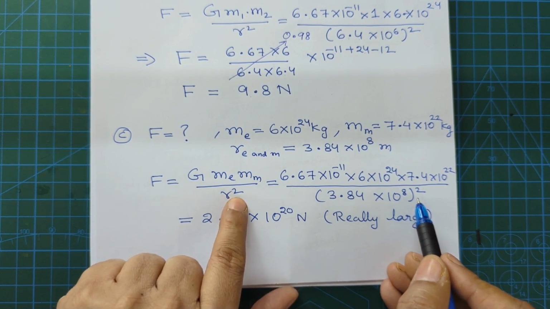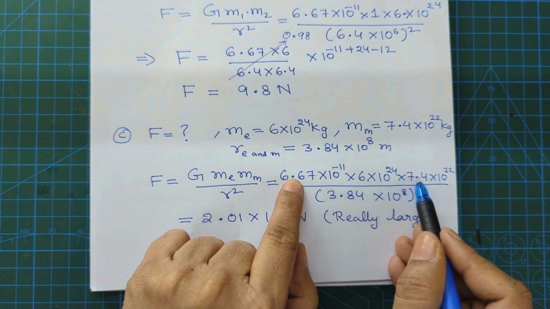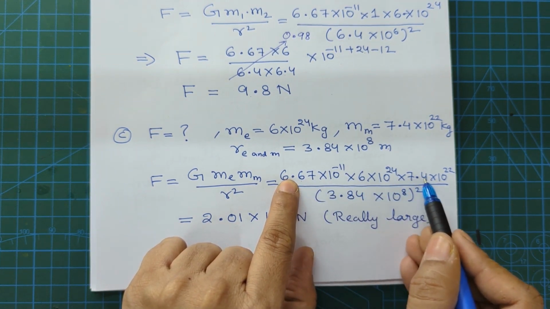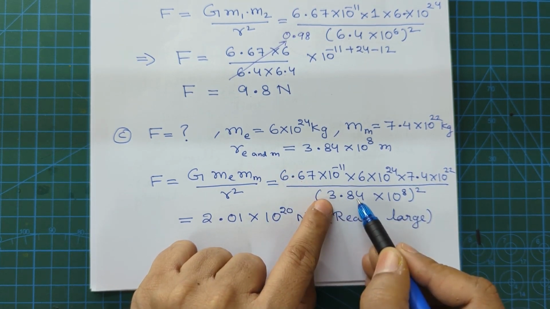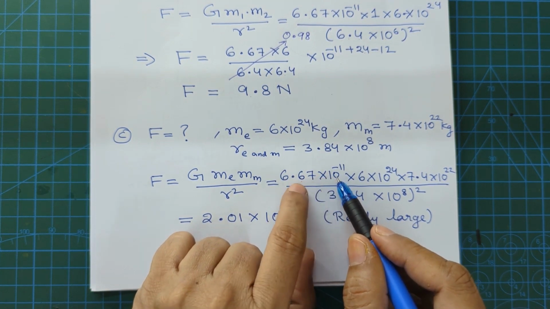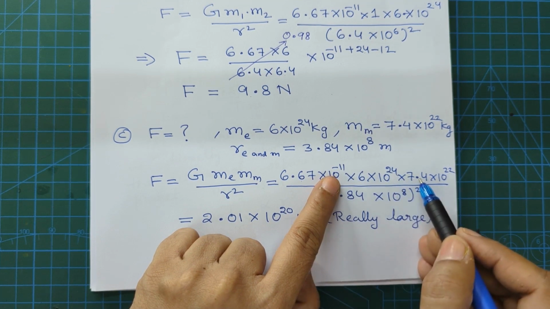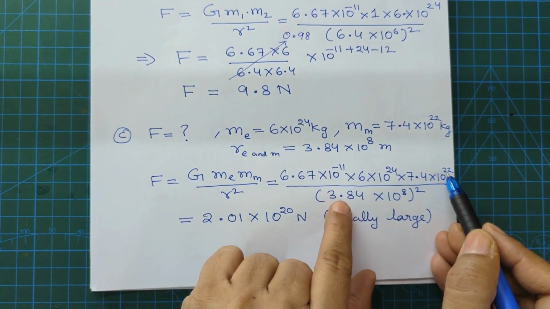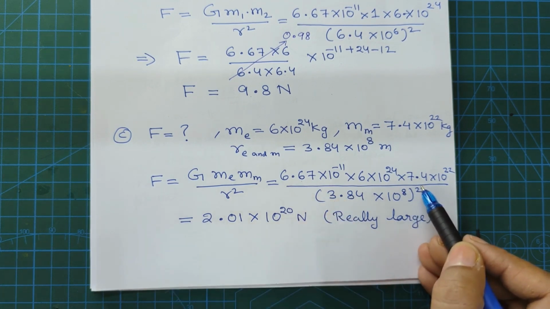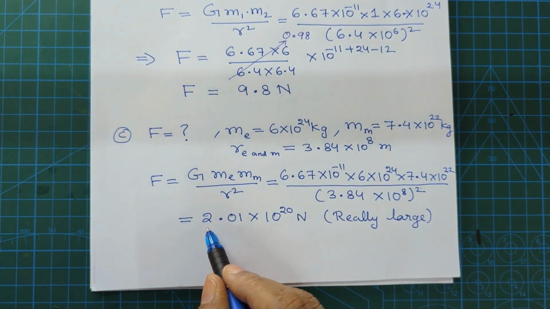Here square, so here square. So how to solve this? Assemble all numbers together, means 667 into 6 into 74 by 384 by 384 times 384, and then assemble all the powers of 10, means 10 to the power minus 2 minus 11 plus 24 minus 1 plus 22 plus 4 minus 16, and then when we solve all the numbers, we will get the force of gravity between earth and